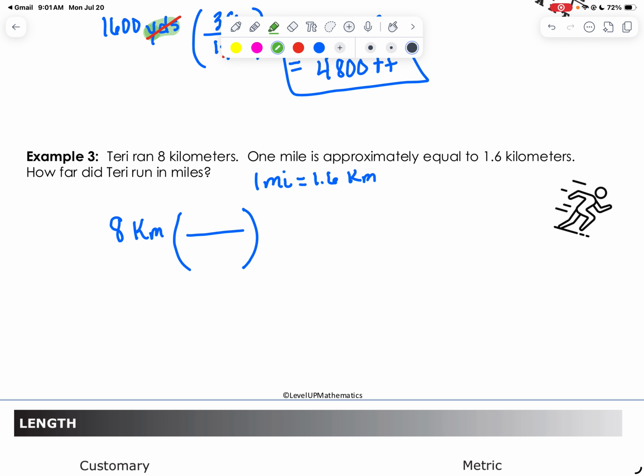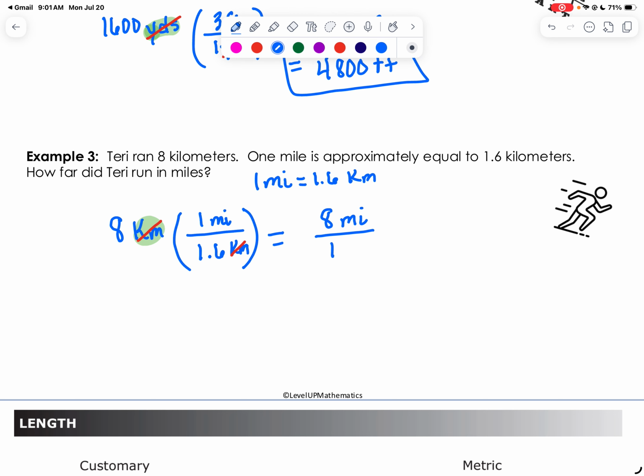To know what goes in the denominator, I highlight this. It's kilometers. So kilometers must go in my denominator, and the 1 mile must go in my numerator. So kilometers would cancel with kilometers, and I would be left with 8 times 1 is 8 miles